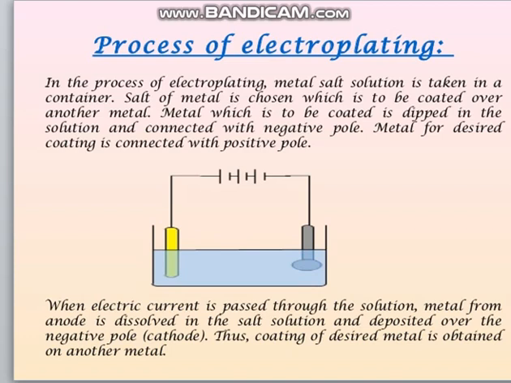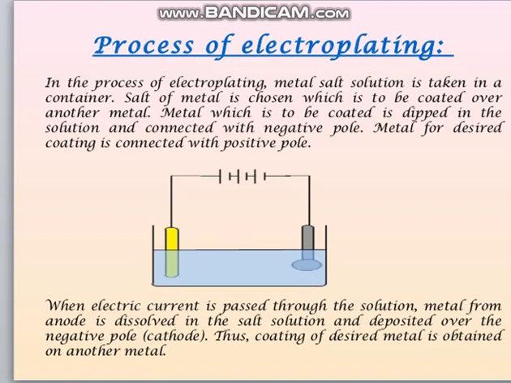For example, again the same one, iron spoon. If we want to make the layer of copper over iron spoon, so iron spoon we will use as cathode, copper we will use as anode. Now because we have used copper as the anode, copper sulfate solution, aqueous solution of salt of copper, and the salt we are using here is copper sulfate. So we will use copper sulfate salt solution as electrolyte. Okay, so these are the conditions required for electroplating.